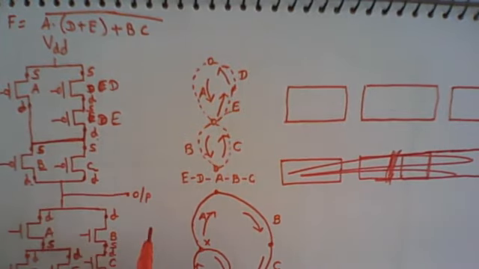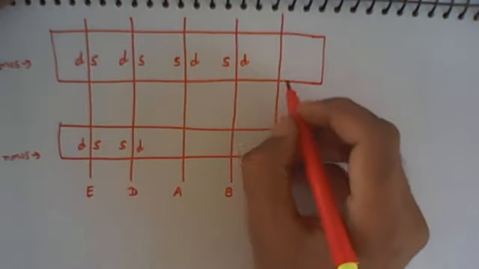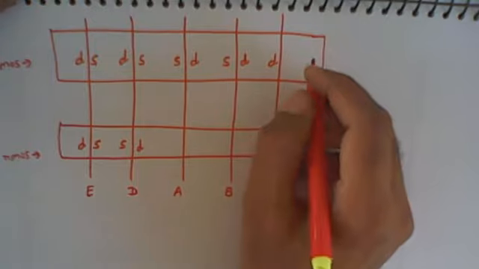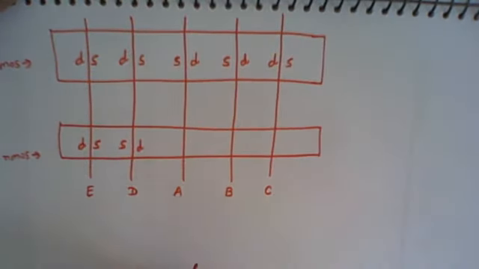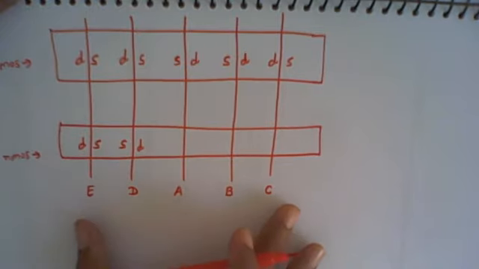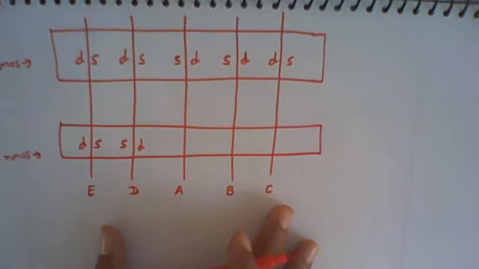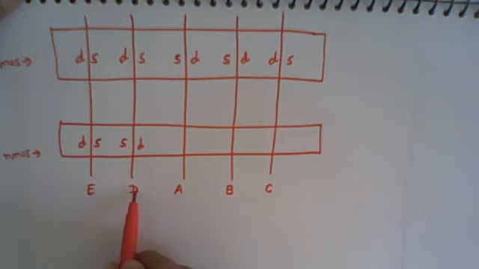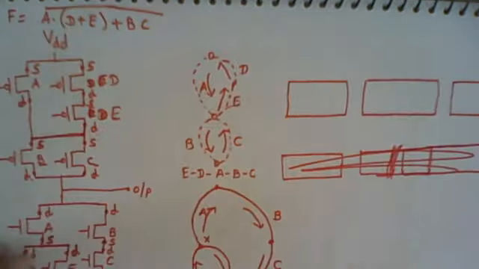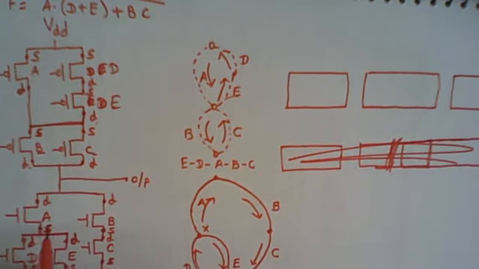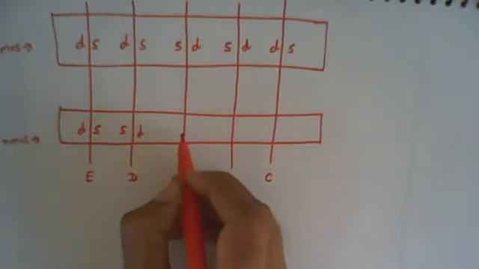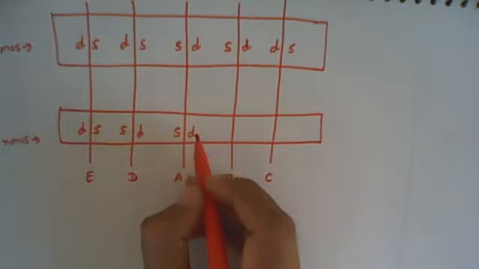So this one is the source of B, and so remaining is the drain. Now the drain of B is connected with the drain of C. So let me call this the drain of C, and so remaining is the source. Similarly, let me complete this for the NMOSFETs. Now for the NMOSFET, the drain of D is connected with the source of A. So this side is the source of A, so remaining is a drain.